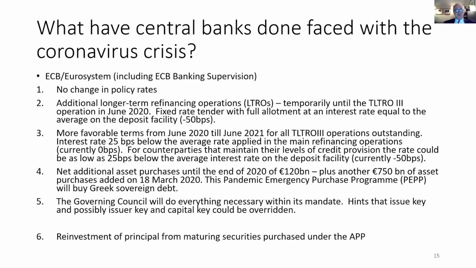purchasing of sovereign debt. So the fact that another 750 billion of asset purchases was added on the 18th of March, in addition to the 120 billion added a couple of days before that, we're going to have a massive expansion of the quasi-fiscal exposure of the ECB, an exercise which is perfectly understandable, but I think is entirely politically illegitimate, because this is a task that should be fulfilled by explicit fiscal commitments by the member states, possibly through the ESM, but not through